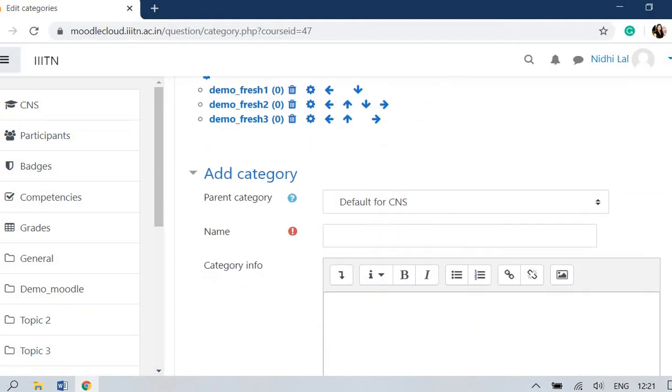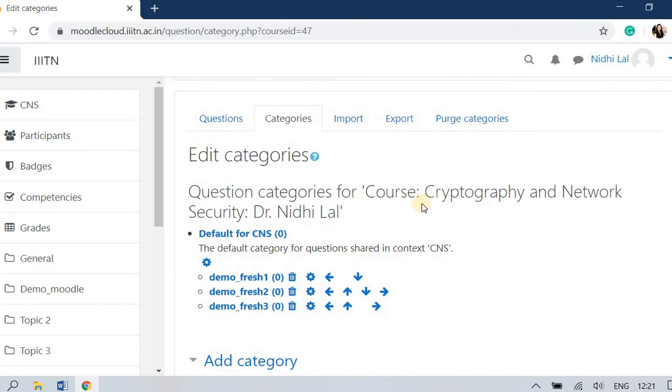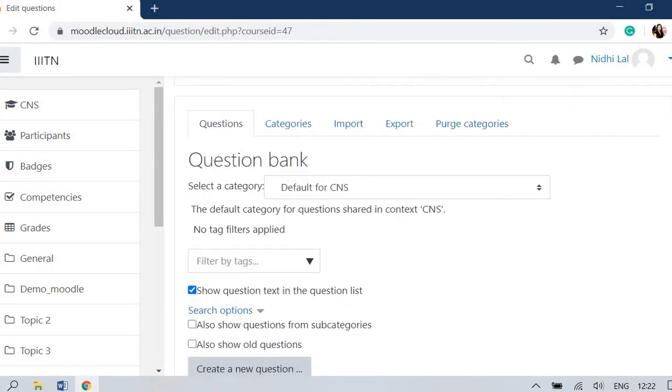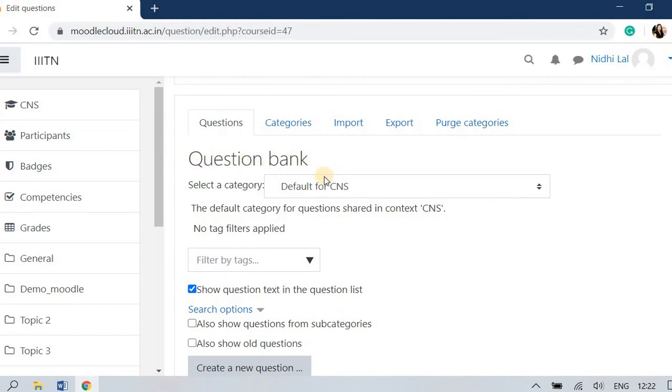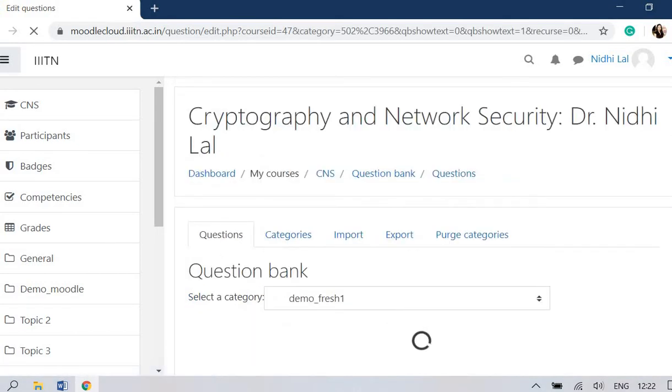Now it's time to import the questions for each category. In order to do it you have to go to the questions. Here is a question bank tab, and select the category in which you want to import the questions. By default it is CNS, but in this case I am importing the questions into a particular category, so I have to choose demo fresh 1 in order to upload the demo fresh 1 text file.